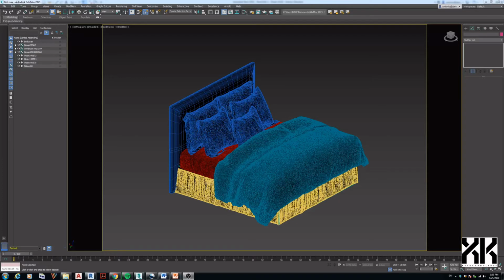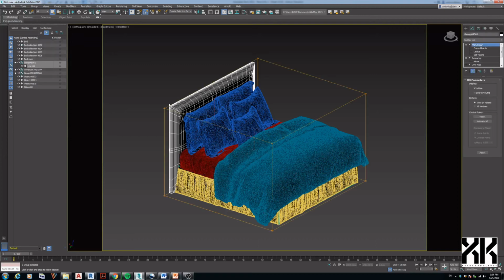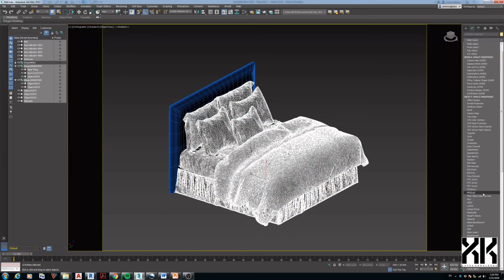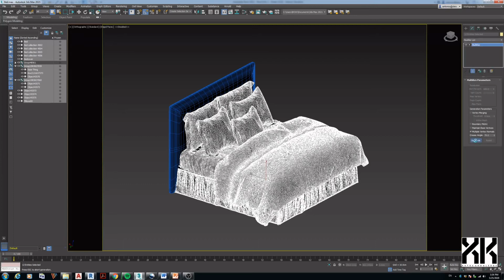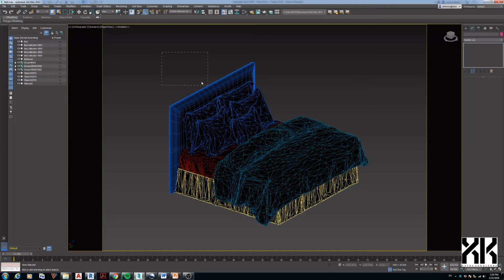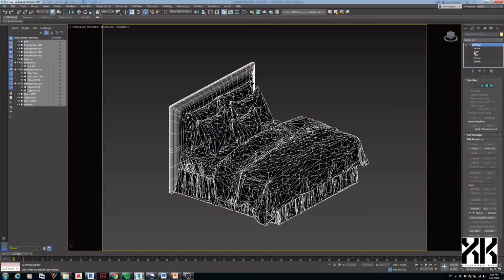Now, let's apply what we've learned in example 2 by using the Multires modifier. Observe the geometries in the model, ungroup the grouped objects, and select those with numbers of faces close to each other, and apply the Multires modifier. Click the Generate button under Generation Parameters and wait while it's processing. Once it's done, change the Vertex Percent value to 5. Then check if the objects are not deformed. If it is still in shape,